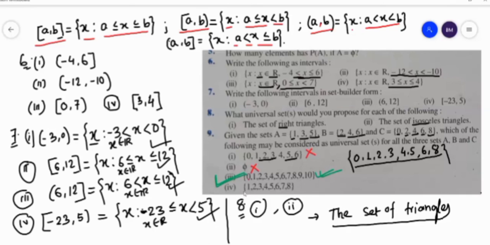Next, number 4, see that the 0 element is not there, so clearly C is not a subset of number 4. So we cannot take number 4 as a superset of A, B, C. Okay, this is it for exercise 1.3.